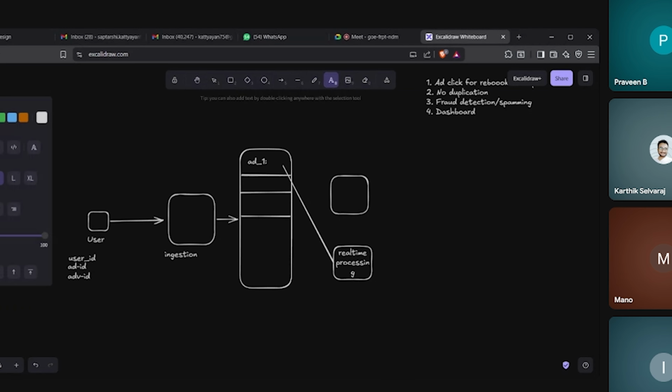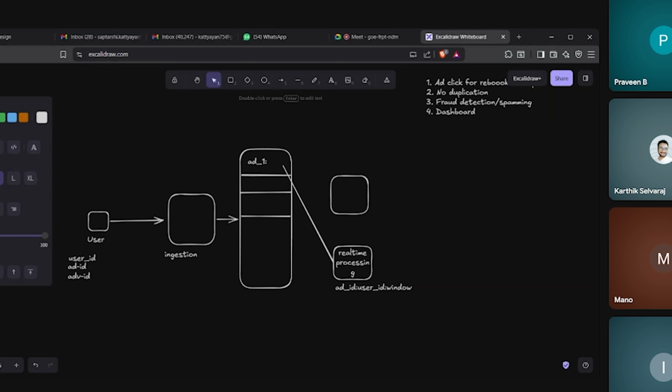For each ad ID, we'll have the click event over here, with the ad ID, user ID, and then a window. If the user clicks on the ad within, let's say, a 24-hour time frame, it will be counted as a duplicate.